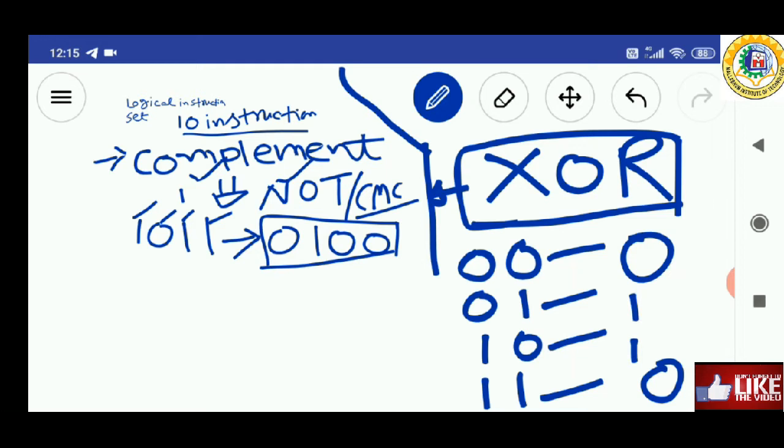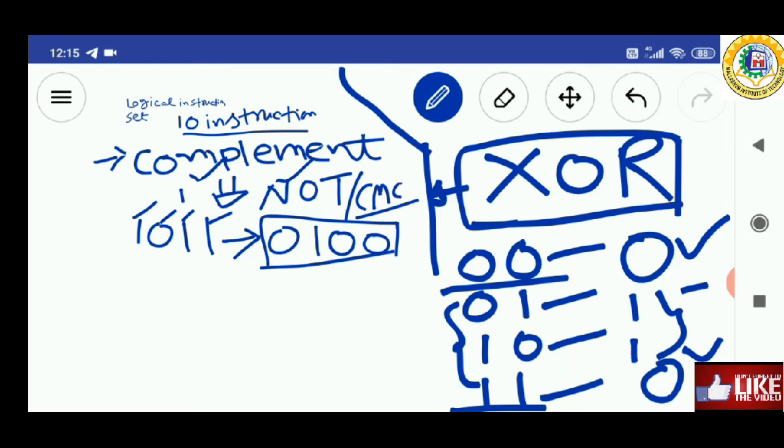If there is a similar pair like 00, then 0 is produced at the output of the XOR gate, and if the similar pair 11 is at the input, then the output is also 0. Otherwise, if there is a dissimilar pair, we get 1 at the output. This logic is used to get the complement of a number.